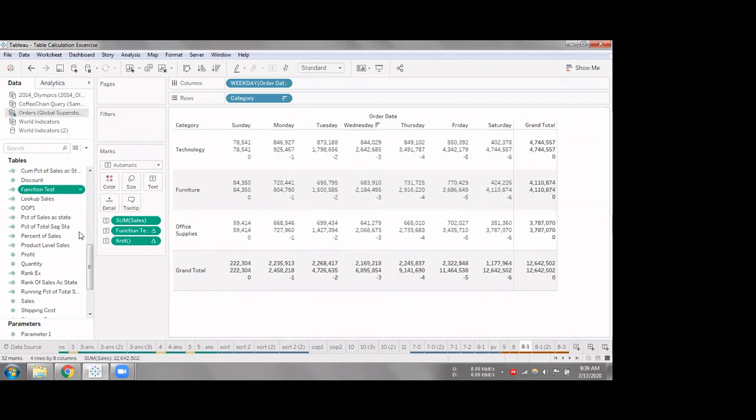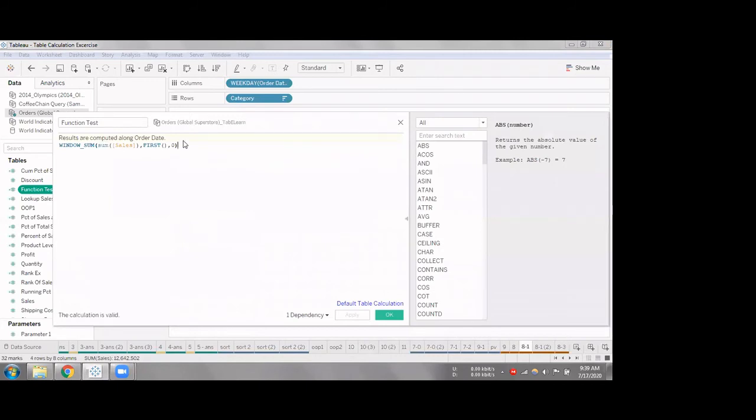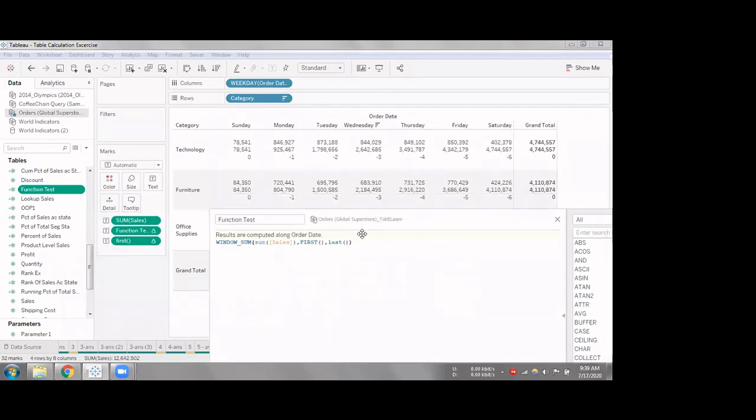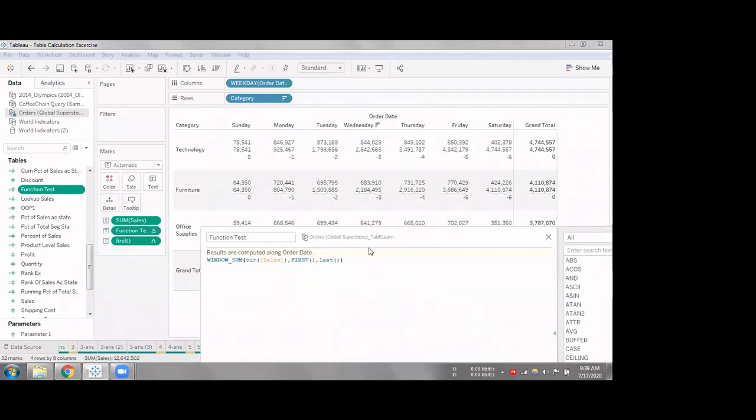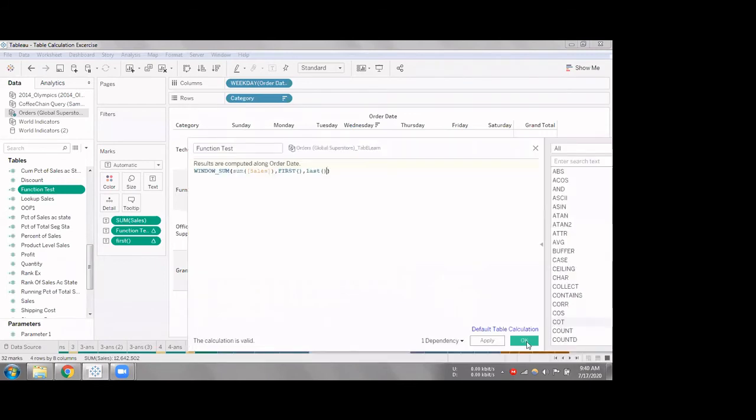So now let's say what happens if I give this now, first and last. It will take the entire range from Sunday to Saturday. So what value will I get here? It's 4744557. That's the grand total. Yeah, so the grand total will be repeated for everything. Correct. Because when I have first and last,